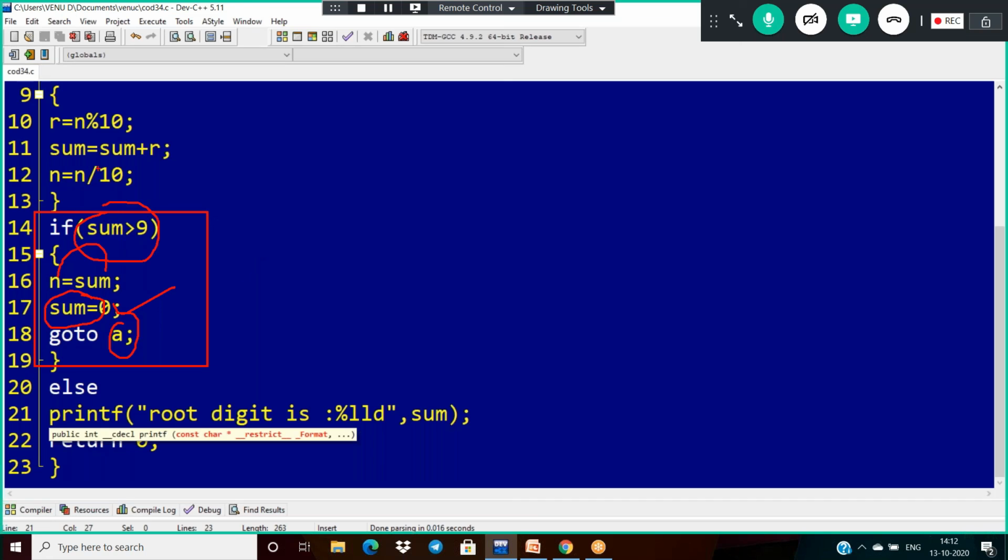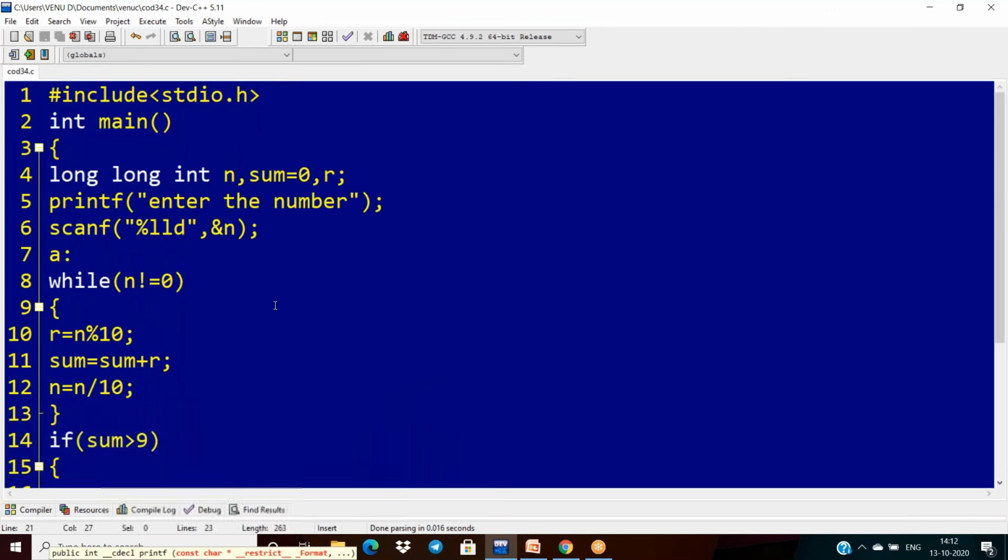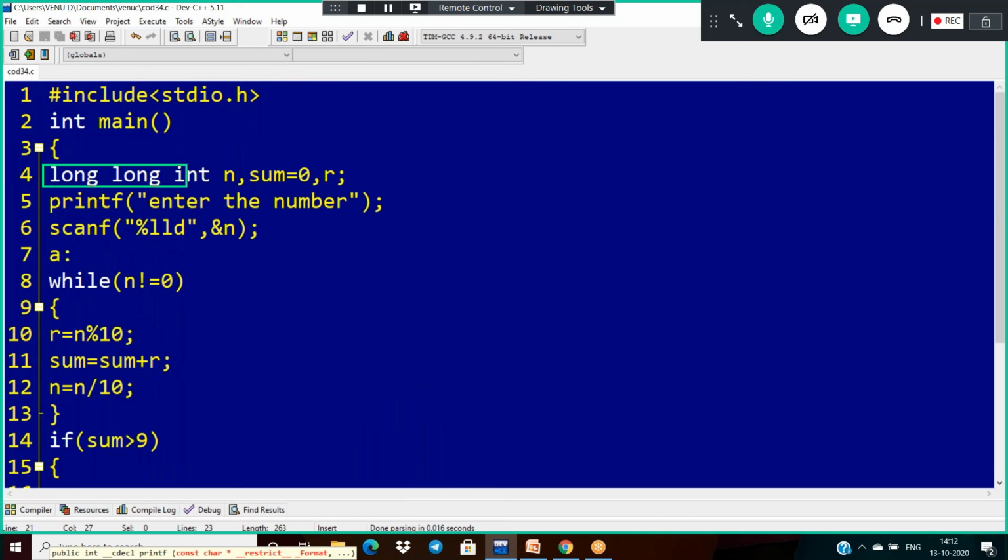If this is not true, it means we already found the sum as a digit, so just print that. Then what is the need of long integer here? If I am giving a 10 digit number, I compulsorily have to take long integer, since a 10 digit value extends the range of normal integer. So that is why I have to represent my integer as long integer.